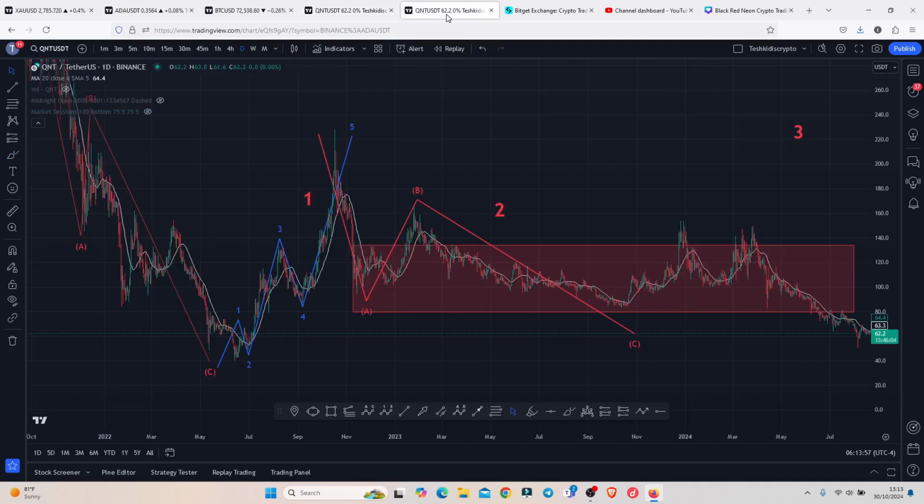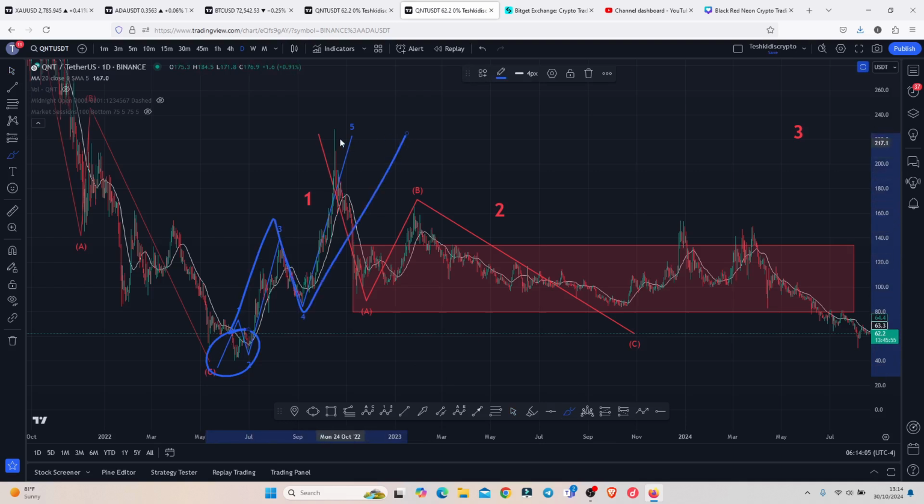On the daily chart, I still believe that we got our bear market lows below the $40, and we saw a bounce to the upside in a 5-wave structure that peaked above the 229, completing the formation of this larger Elliott wave count 1. Then we saw a bit of a short-term corrective structure in an Elliott wave count 2